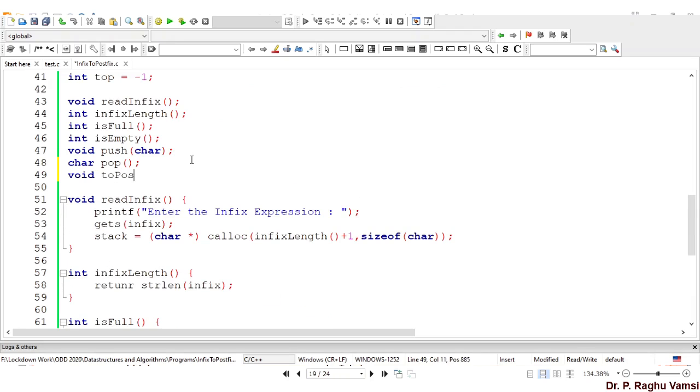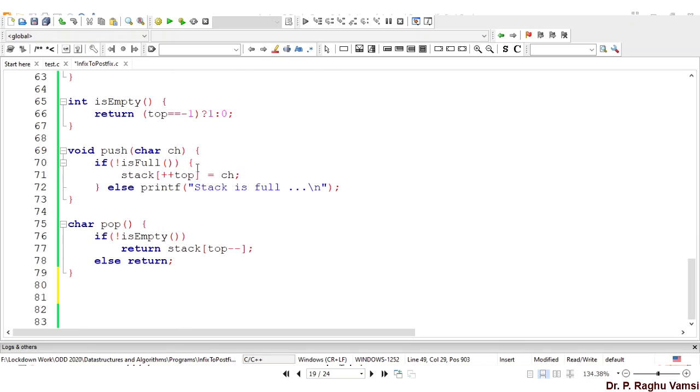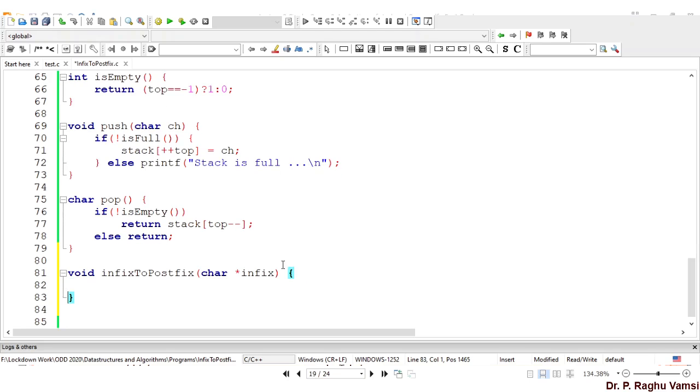Void infix to postfix of char star infix. Anyhow, postfix we have declared previously. The same thing we can use here.